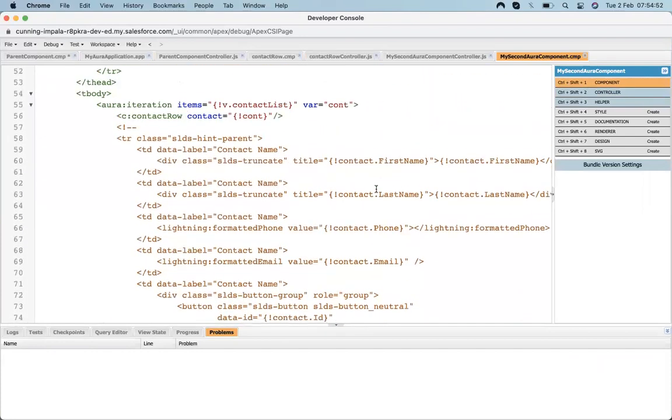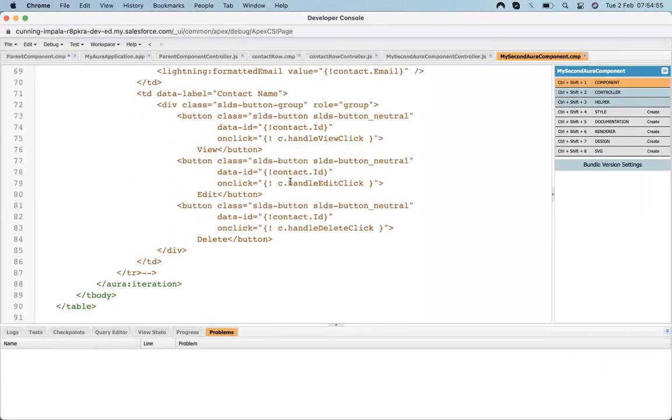Now I just demonstrated this because we can also create the view, and the same thing we can do for the view, but the delete is the simplest one, so it will help you understand how it's working.